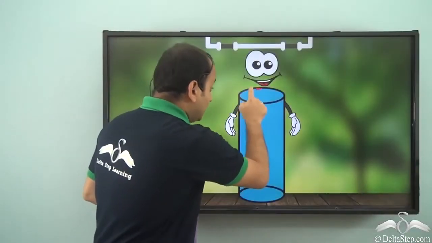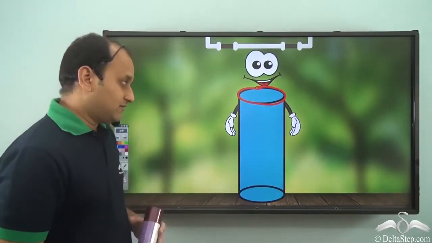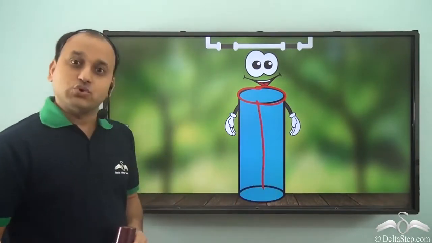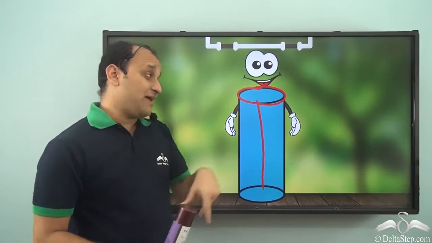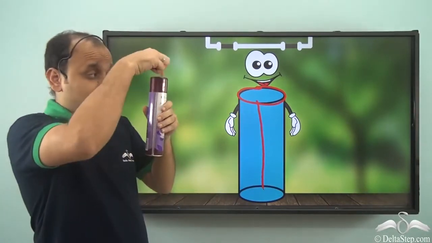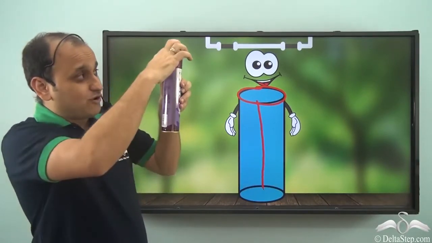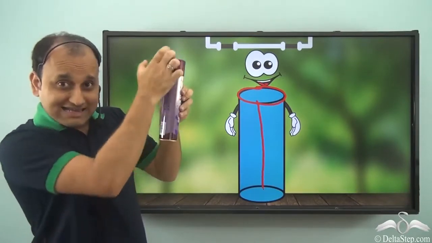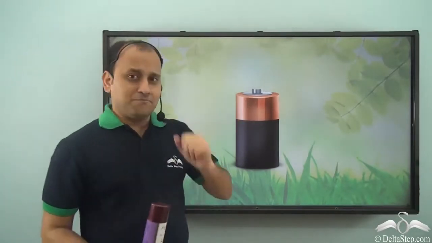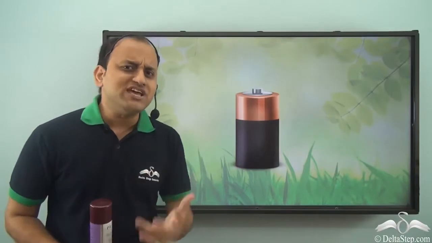Well, circle was just a flat shape until now, but now it stretched to become so tall. So this shape is very similar to this shape, isn't it? So it's circular here, it's circular here, and it's stretched right from this circle to this circle, isn't it? Now, even a battery or this particular can have this unique shape.